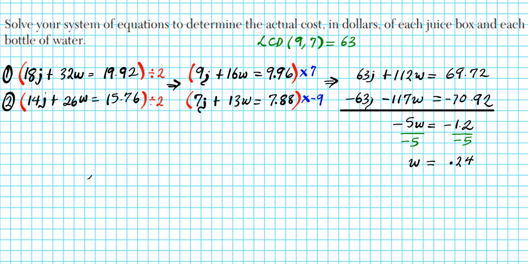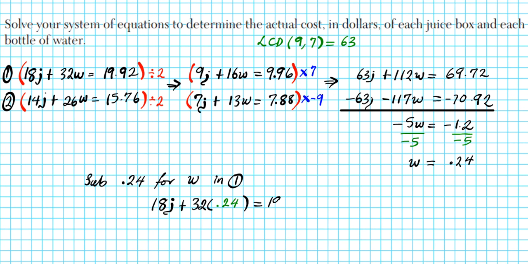To get that, we're going to substitute 0.24 for w in any equation. Let's plug it into equation 1, and then we'll solve for j. So we're going to have 18j plus 32, and instead of w, we're going to plug in the value. We know what it is, 0.24,